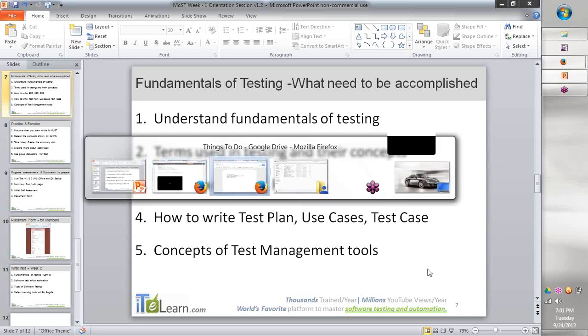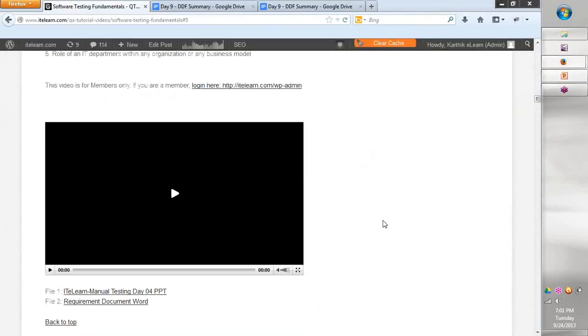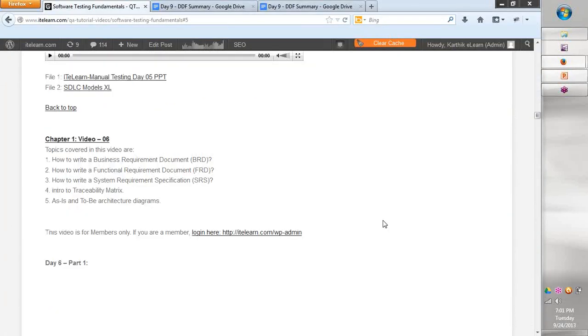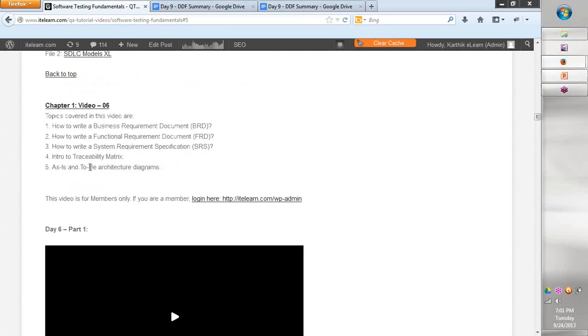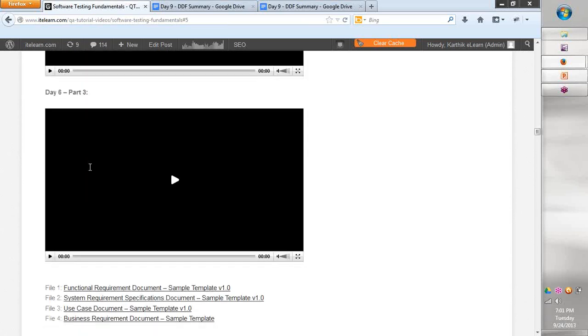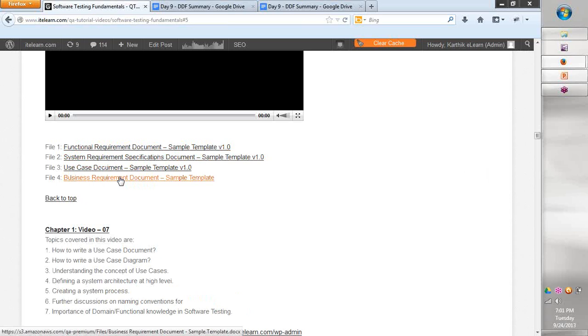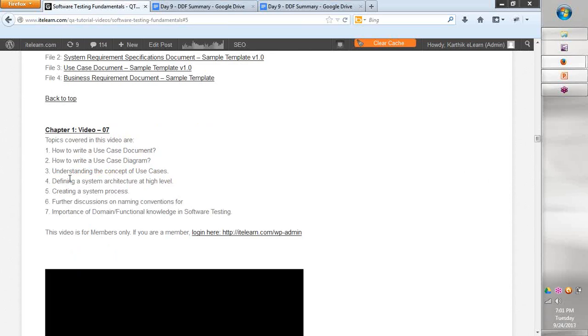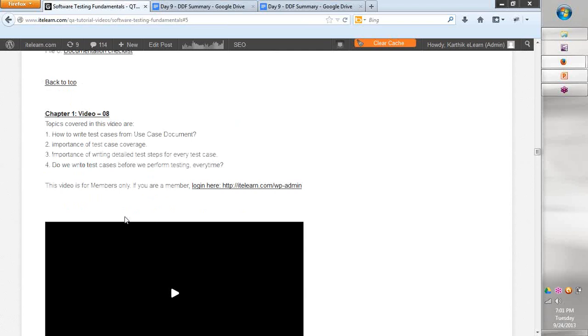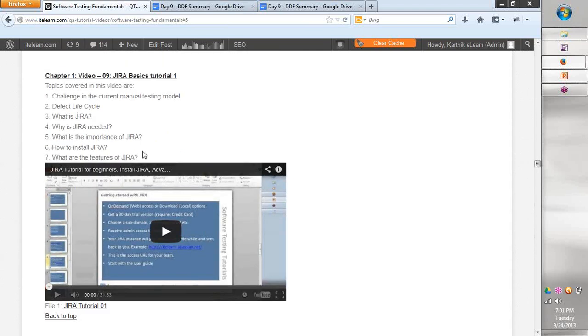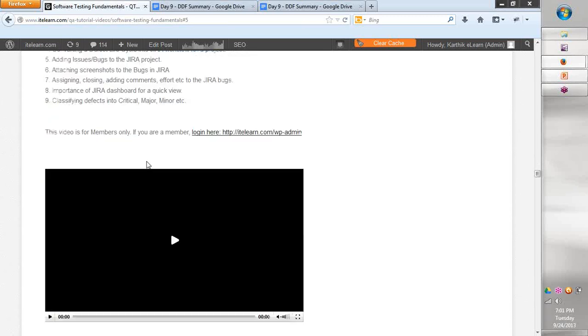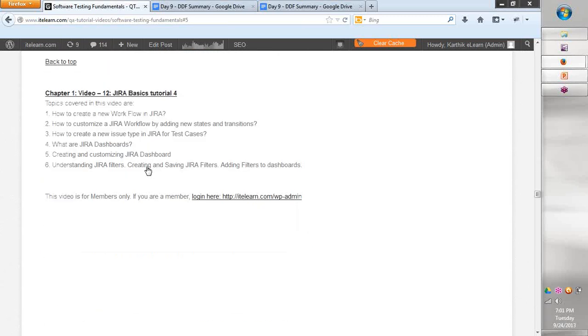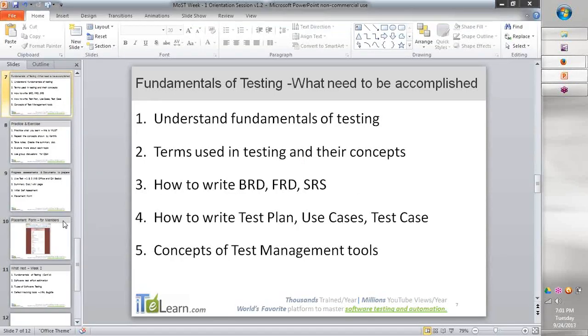Okay. Question to myself is, where did I talk about effort estimation, business requirement traceability matrix in video 6? All the documents with that also here, team. Creating system, use case document, use case diagram. No, effort estimation is not in these first ones. It will probably come later. Okay. So what about Jira and all that also will come after these. So let's not get into those sections right away. Okay, so that is what you'll get from fundamentals thing.